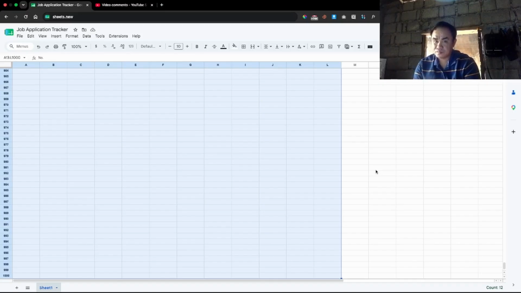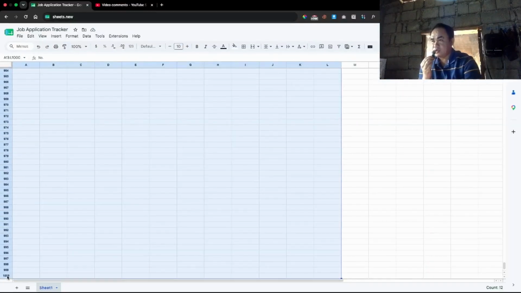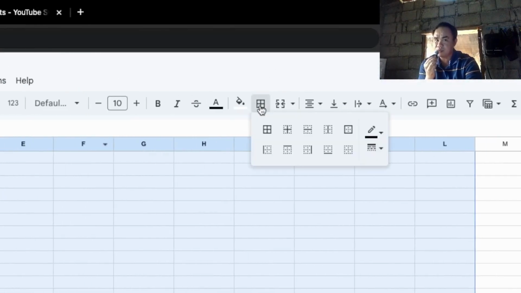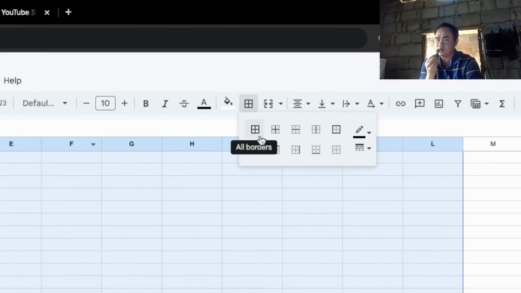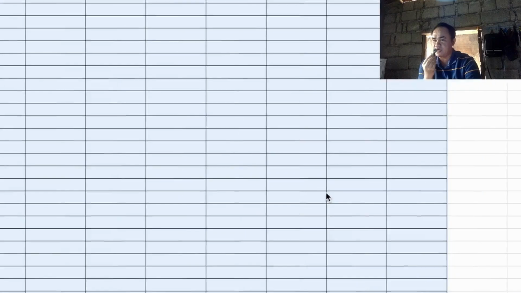As you can see, guys, I'm in the last row here, the 1000. Let's select the borders, then select all borders, and it should have borders around it.